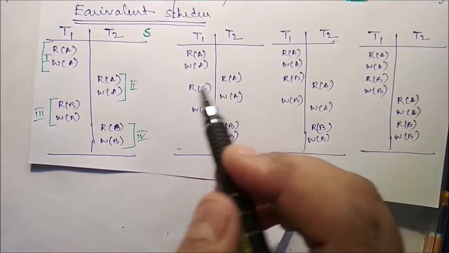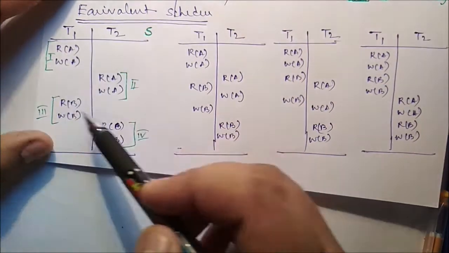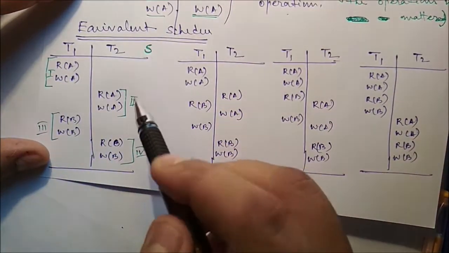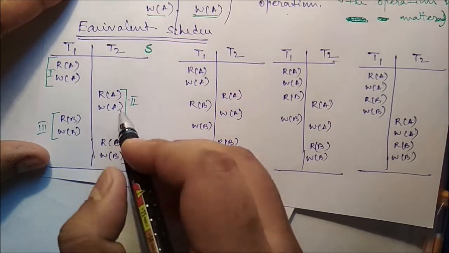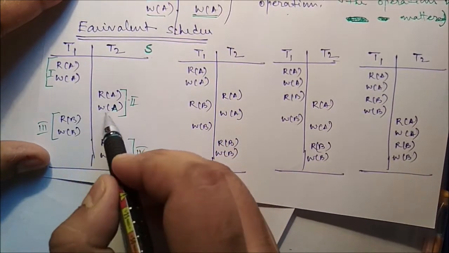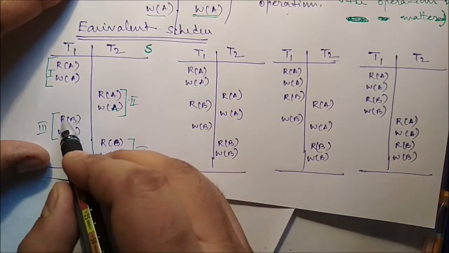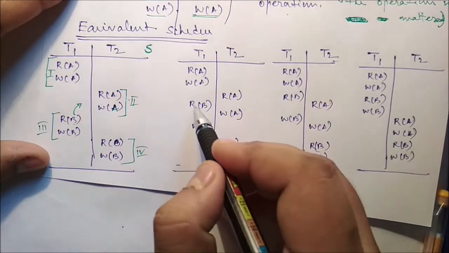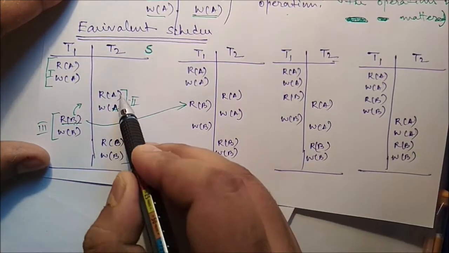Now here we want to convert this concurrent schedule into a serial schedule by swapping the instructions. Here it is RB and here it is RA. Both are working on different variables. That means we can swap it, which means we can move upward. So you can see this RB is somewhere in between these two instructions.